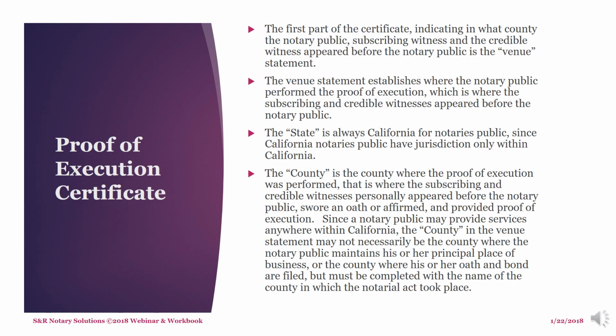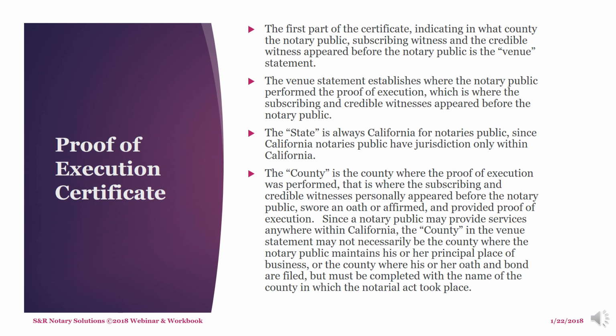The first part of the certificate, indicating in what county the notary public, subscribing witness, and the credible witness all appeared before the notary public, is the venue statement. The venue statement establishes where the notary public performed the proof of execution, which is where the subscribing and credible witness appeared before the notary public. The state is always California for notaries public, since California notaries public have jurisdiction